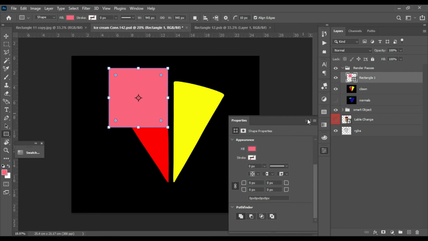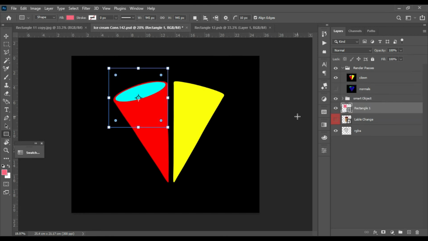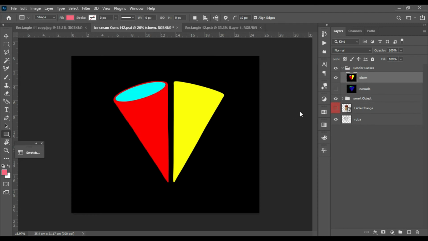Make those to 0. Actually, one thing we can do, don't need this rectangle, we can use one of this,